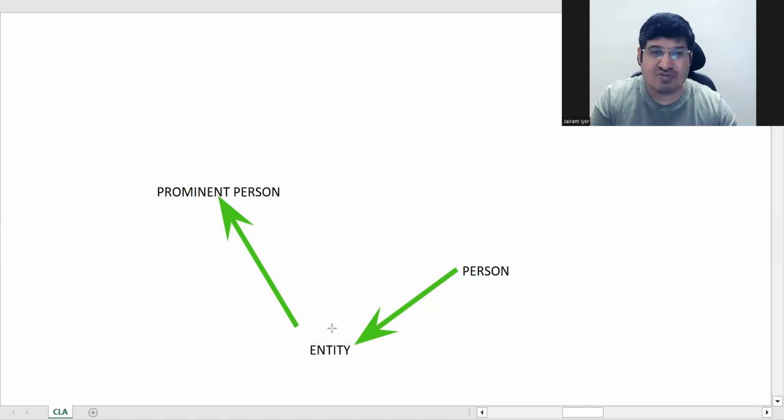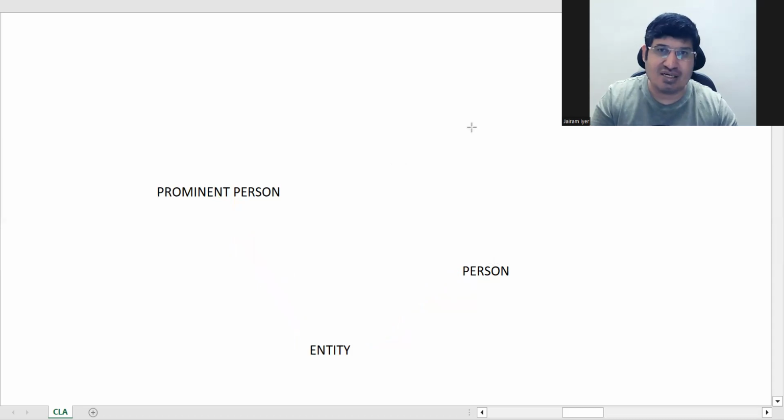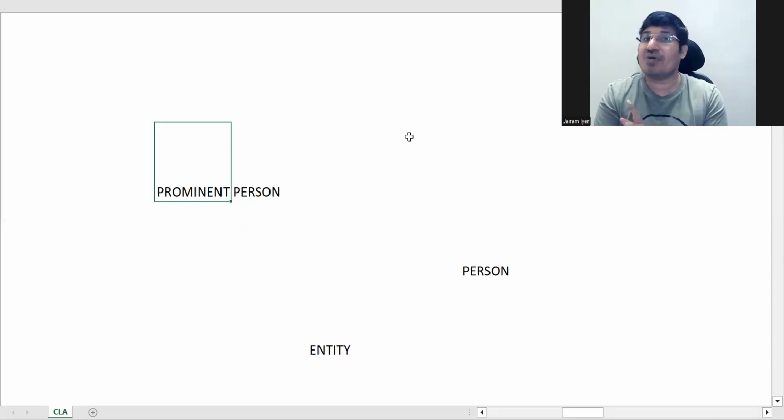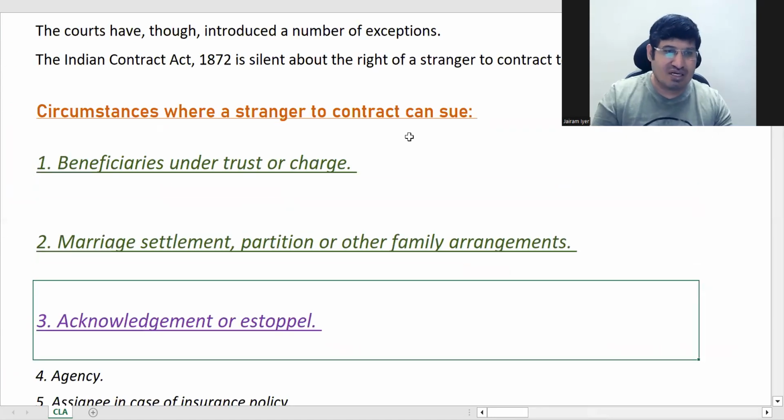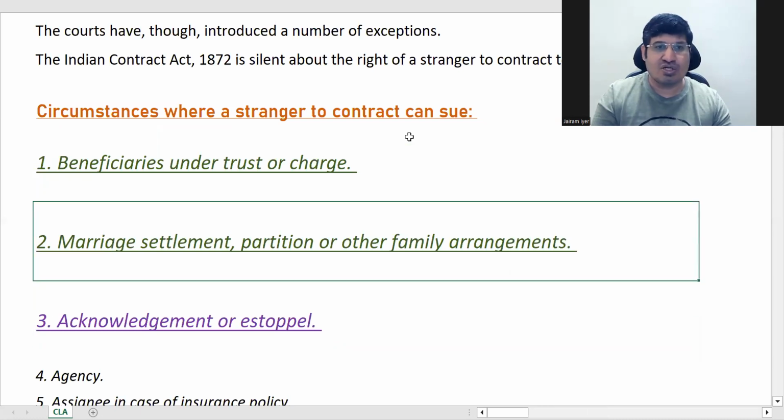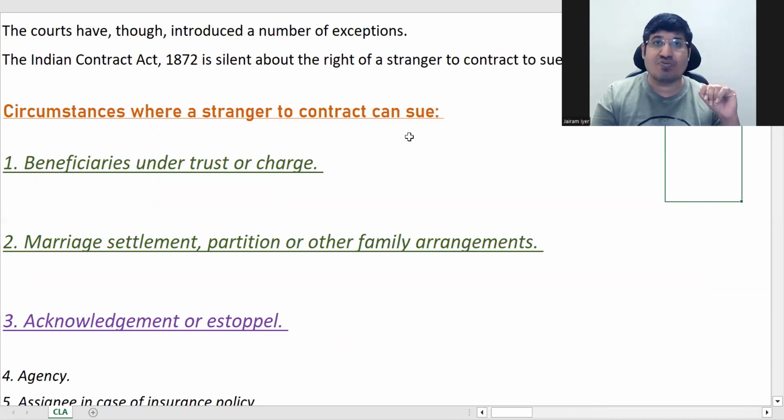So you have said that you have some relation with this prominent person and then you have made the contract. So in future you cannot deny anything. What if you have falsely done something just to get benefit, sometimes in future if you deny, you will get benefit, but you cannot deny it. Law doesn't allow you to deny. That is estoppel. So in estoppel also, the stranger to contract can sue. Here, if the prominent person comes to know that you are taking his name and doing this, then he can sue, although he has no contract with you.